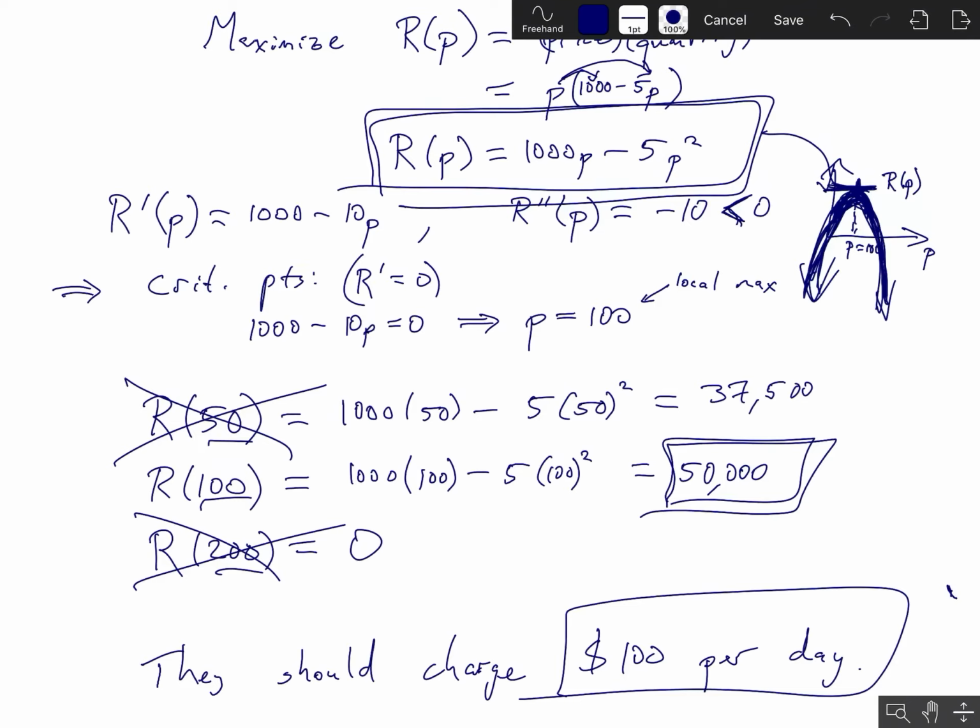But in general, in these kinds of problems, you do have to treat those endpoints as potential maximums. So we may have that the left endpoint or the right endpoint is actually where the maximum is attained, even if those are not critical values. So it's good to get in the habit of checking whether that left endpoint or that right endpoint is actually the one that gives the maximal revenue. But in this particular case, because we're looking at a quadratic function, the endpoint is not going to be where the maximum is attained. The maximum will always be attained at this critical value. So either way, what we end up getting is that they should charge